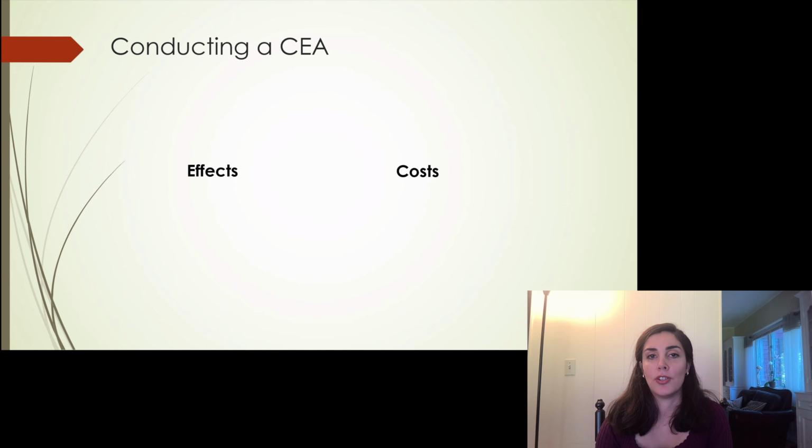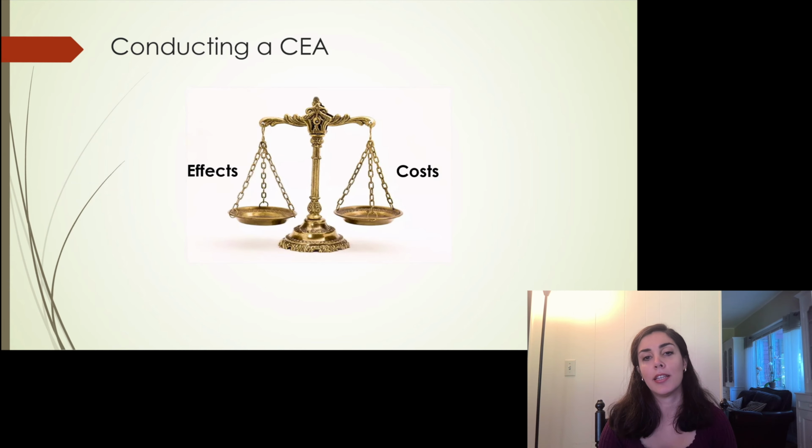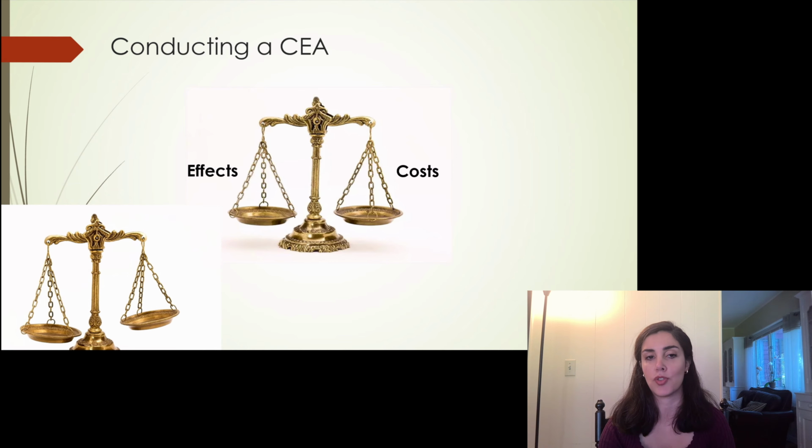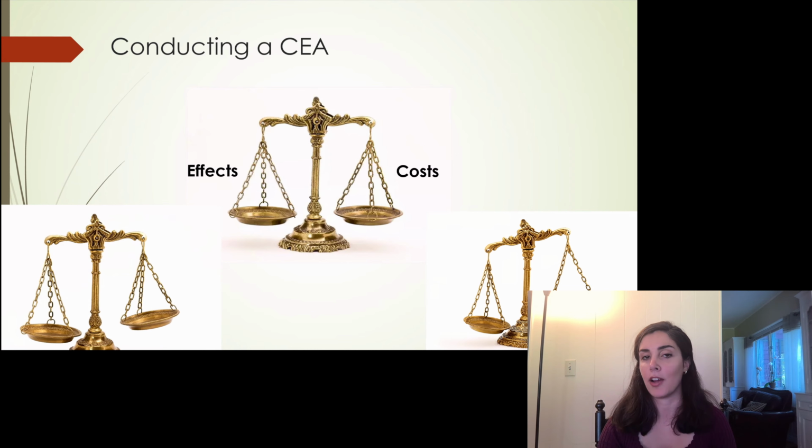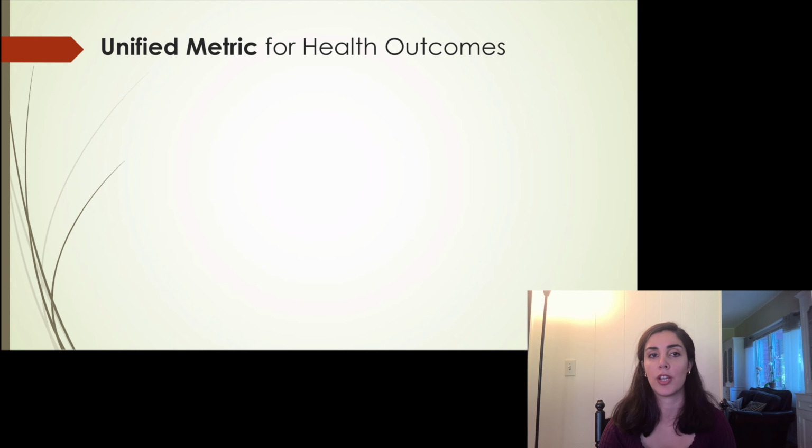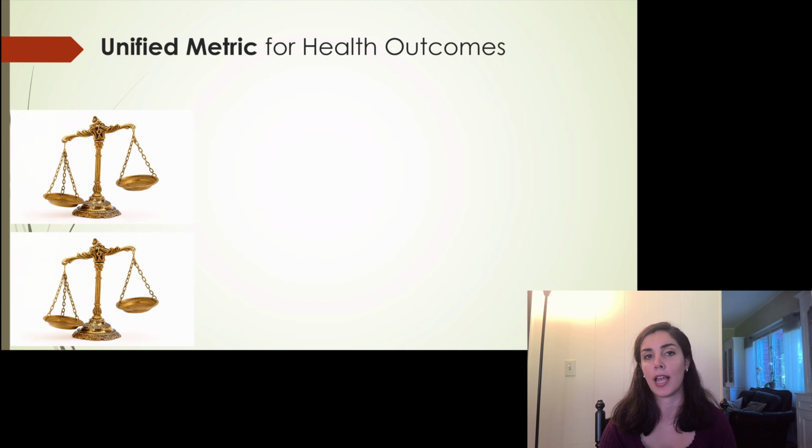When it comes to conducting a CEA, there are two things that we need to look at: the effects and the costs. And things are easy when there is a balance between the effects and the costs. But there are sometimes challenging situations where we need to put in more cost but get less effect out of the intervention. We always have to ask this question: is the effect worth the cost or not? In order to answer that question, we need to have unified metrics both for the costs and for the effects